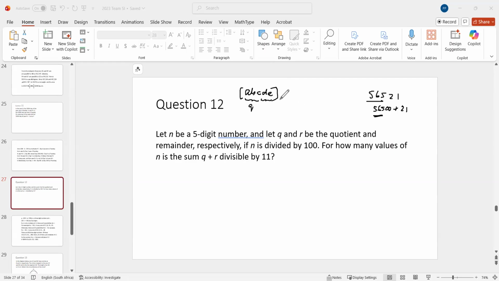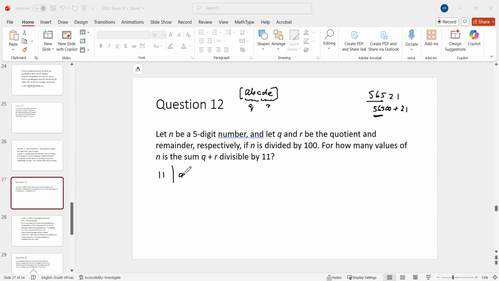And this R has to be the remainder because it's a 2-digit number. So it's small. It has to be smaller than 100. And any number smaller than 100 is a 2-digit number. Okay, so you know exactly what Q is and what R is. All right, now the question is, for how many values of n is the sum Q plus R divisible by 11? So in other words, you want